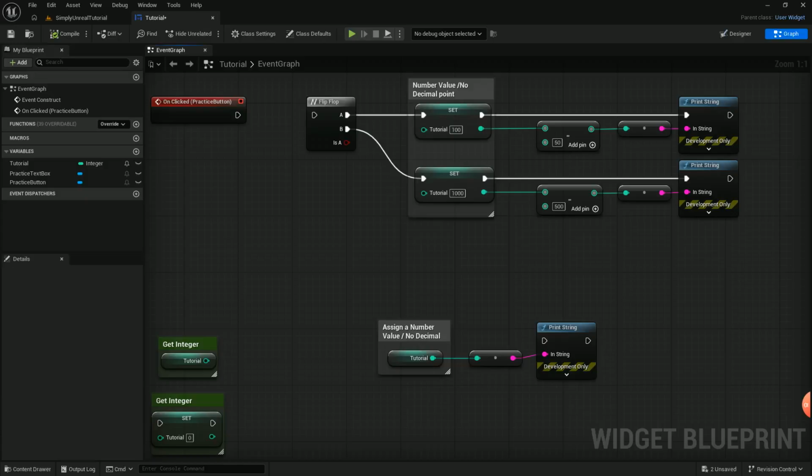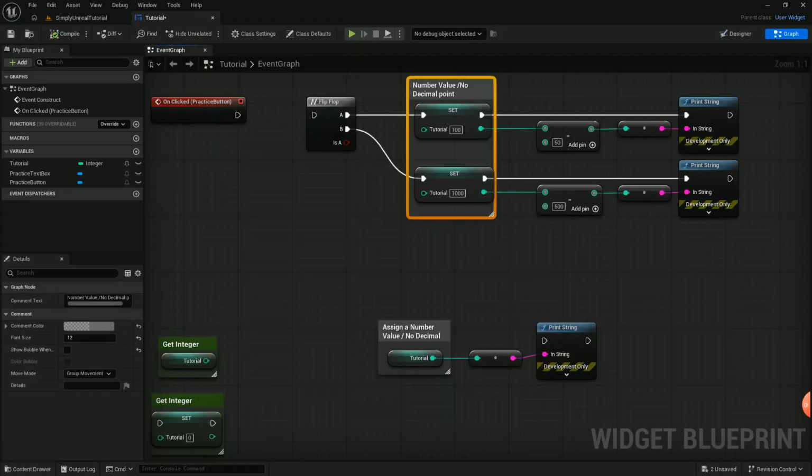So as you see, the integer is broken down into two separate portions. You have the get for the integer and you have the set for the integer. Now you can use them interchangeably in your line of code, depending on what you're trying to do, or you can just use them independently. So the examples I have, I'm just going to use them independently. I'm going to start with set, okay? And what I'm going to do is when I click this button, event,